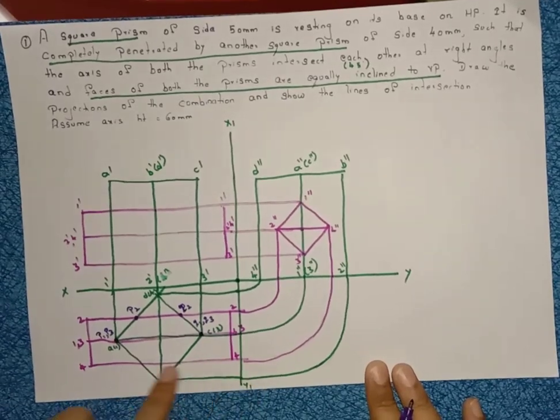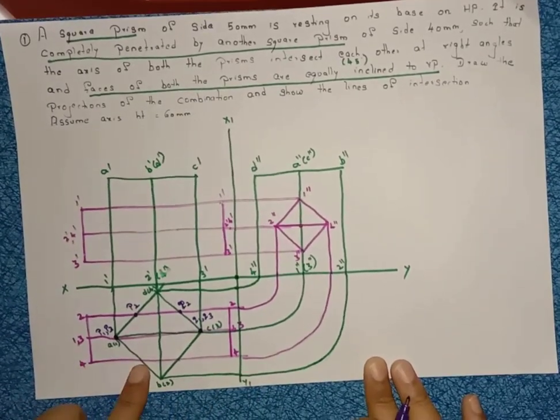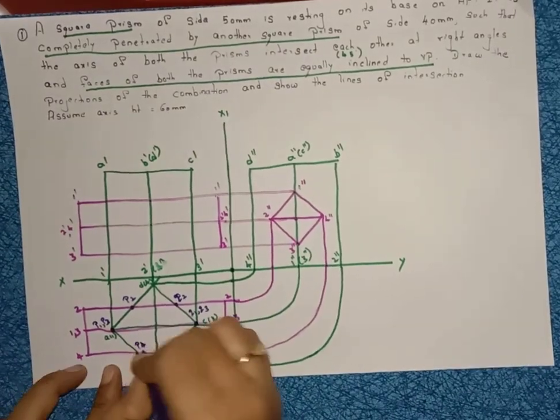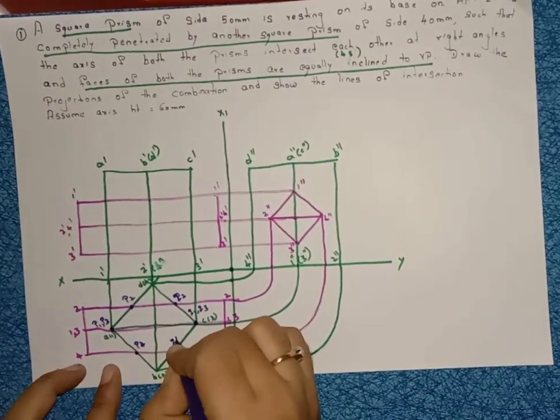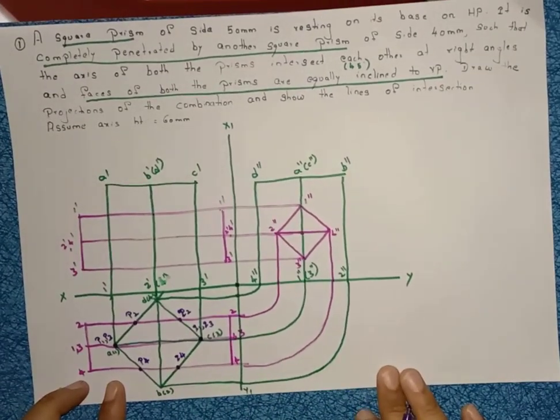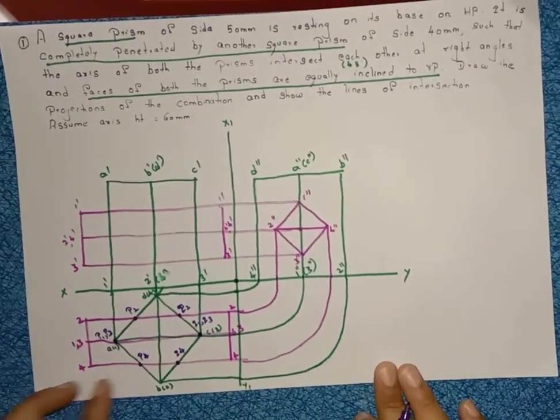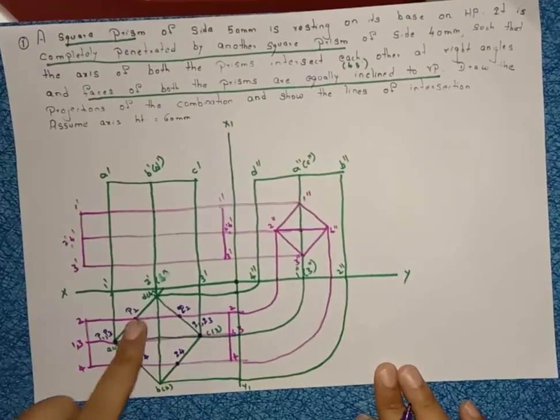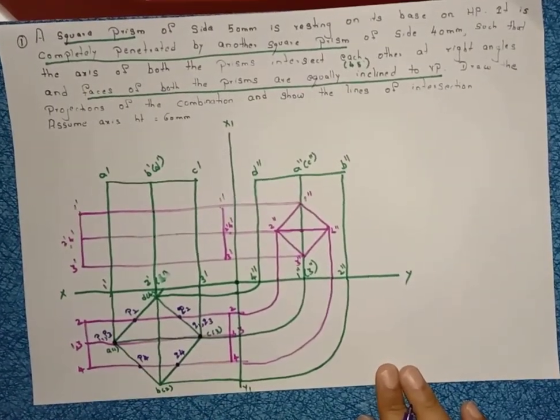Again, see, this is your axis height. This is the intersection point of the square. I am naming it here P4 and here Q4. Right? So after naming these points, what I am doing is axis height, square face, axis height, square face.